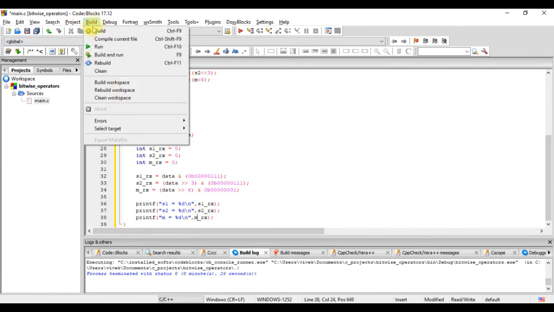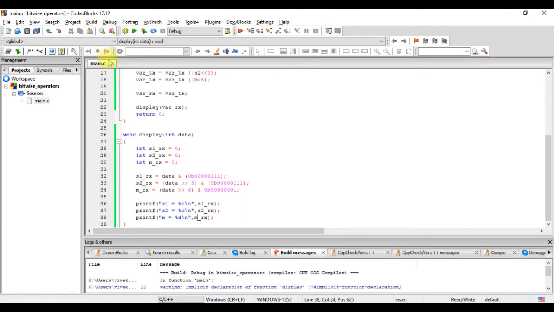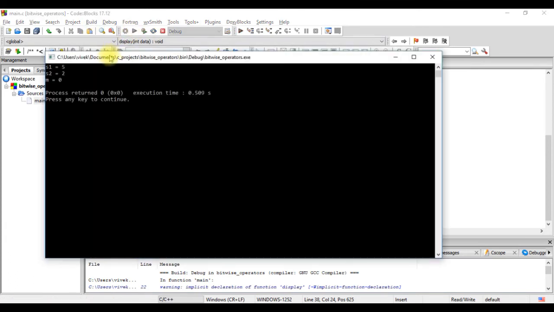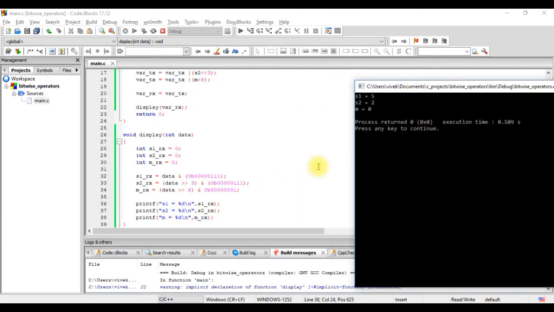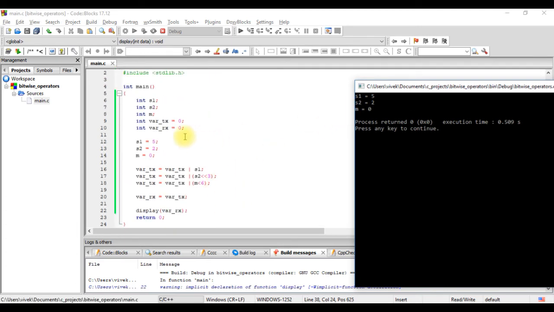Let's build this program. So now let's run it. You see, we are printing S1, S2 and m from the display function and we get the values which we had mentioned here, 5, 2 and 0.